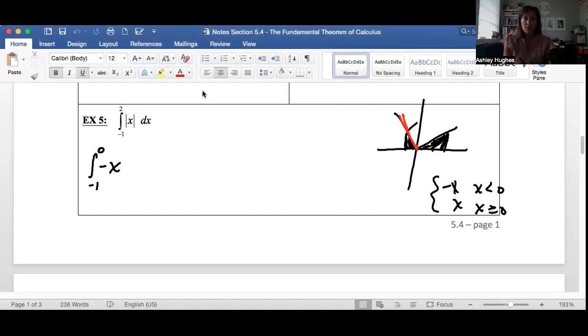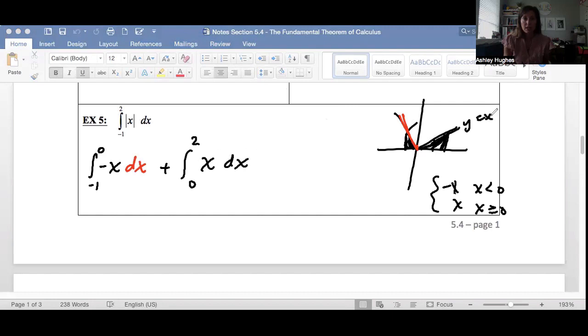So that's what we're integrating on that side. And then plus the integral from 0 to 2 of positive x dx, because now we're over here. This is the line y equals x. So the antiderivative of negative x is negative x squared over 2 from negative 1 to 0. This would be positive x squared over 2 from 0 to 2. F of b, so plug in your top minus,